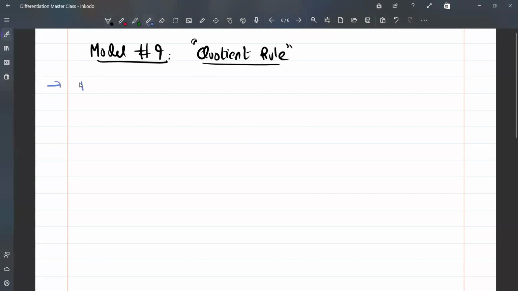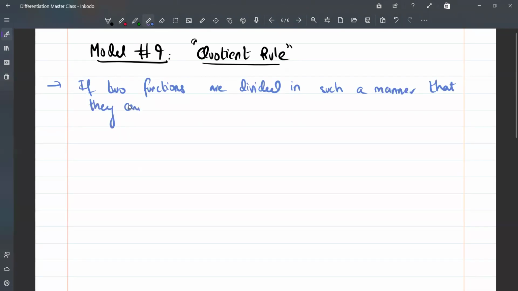If two functions are divided in such a manner that they cannot be converted into a single function,